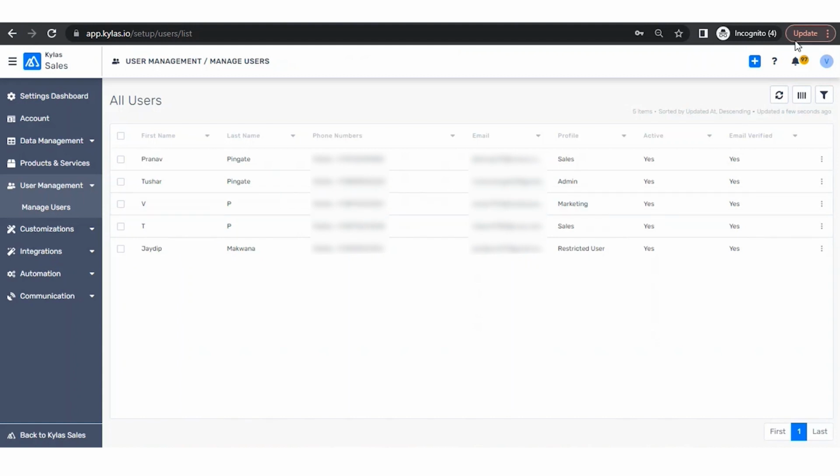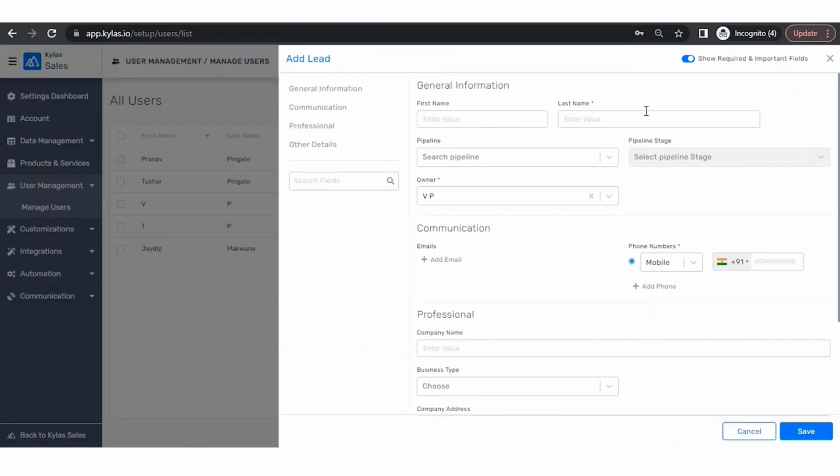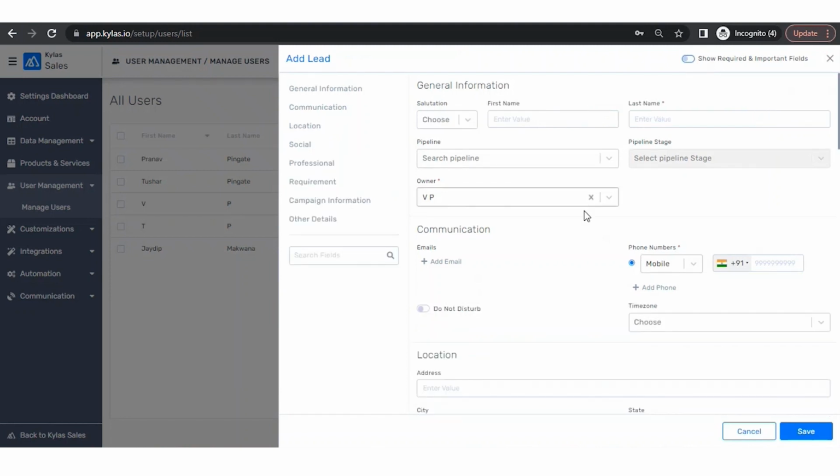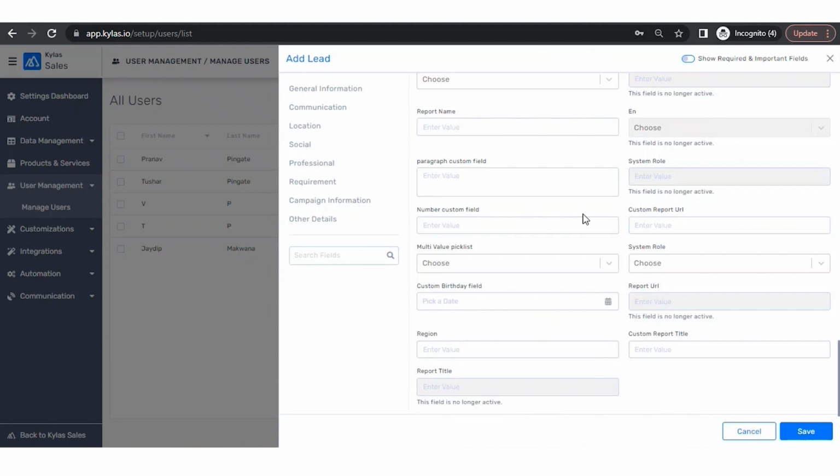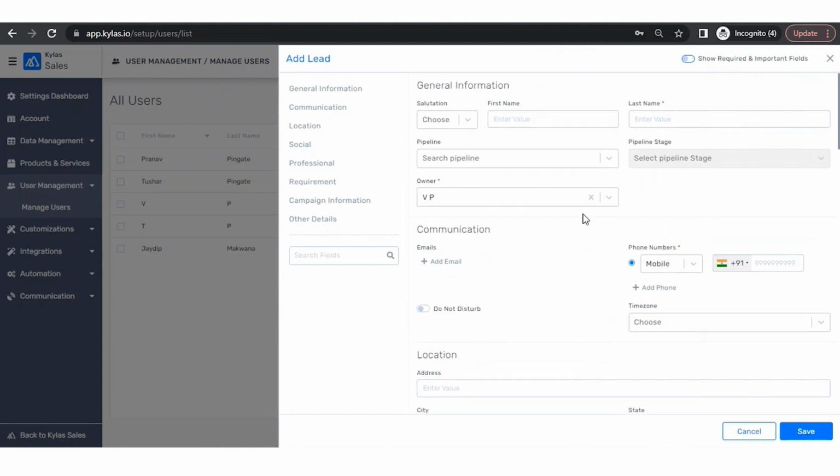Okay, now if I click on add lead, this user also can see all the fields over here. It does not matter whether these fields are relevant to him or not, because he is the marketing person for me and I just want him to add only first name, last name, email ID and phone number,